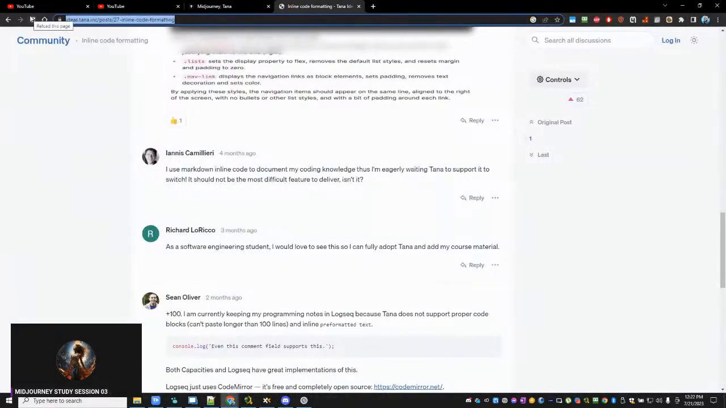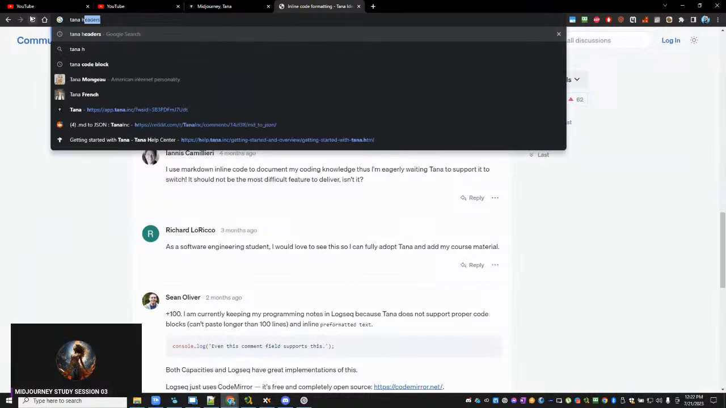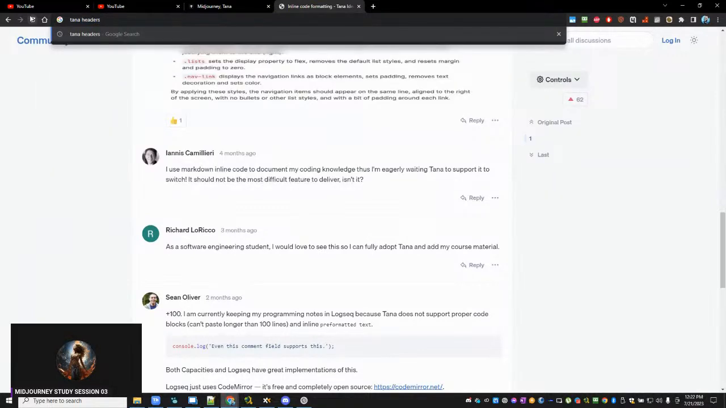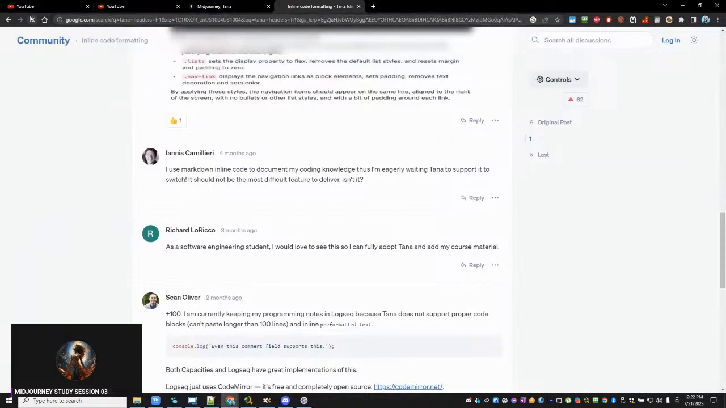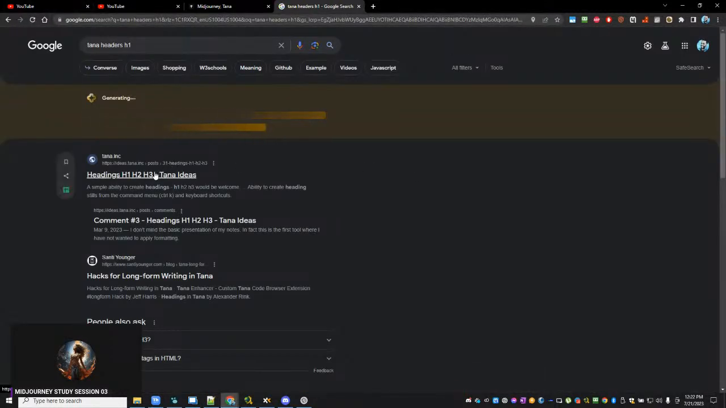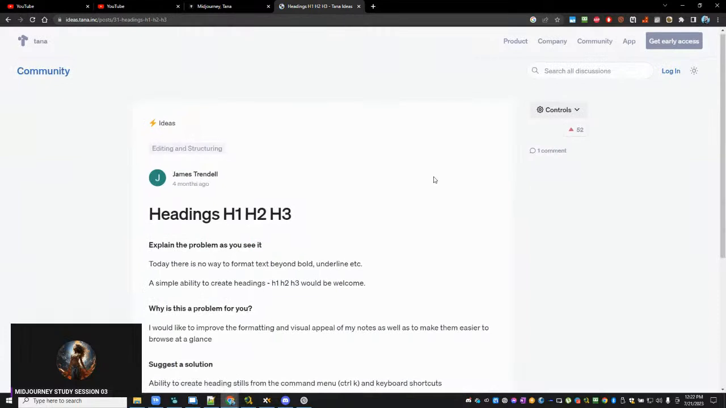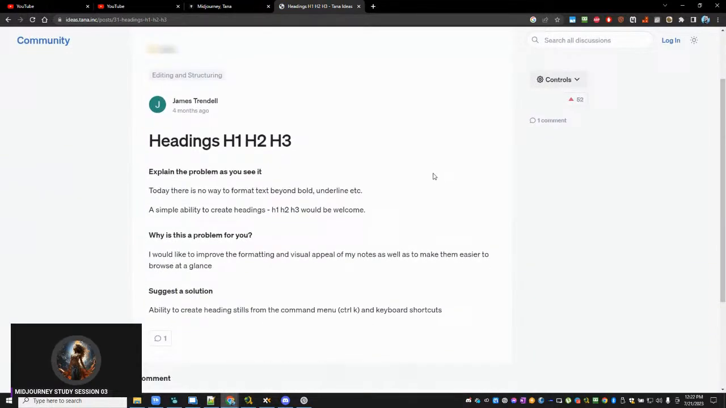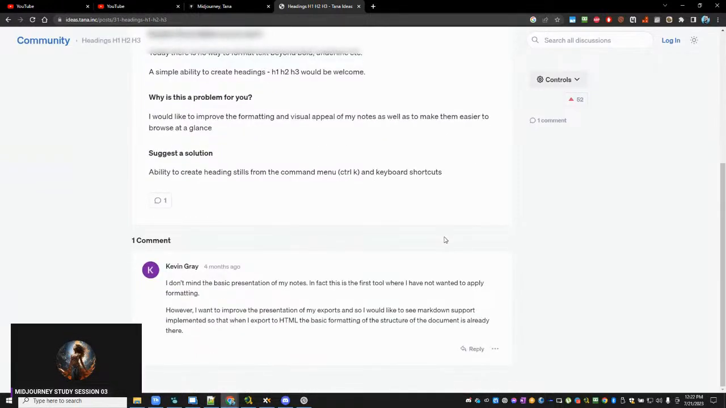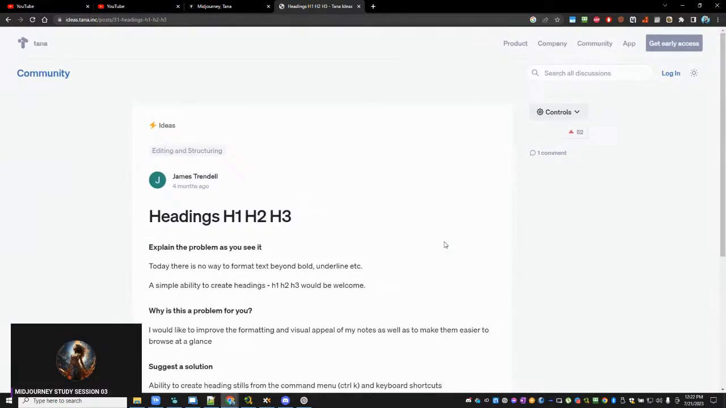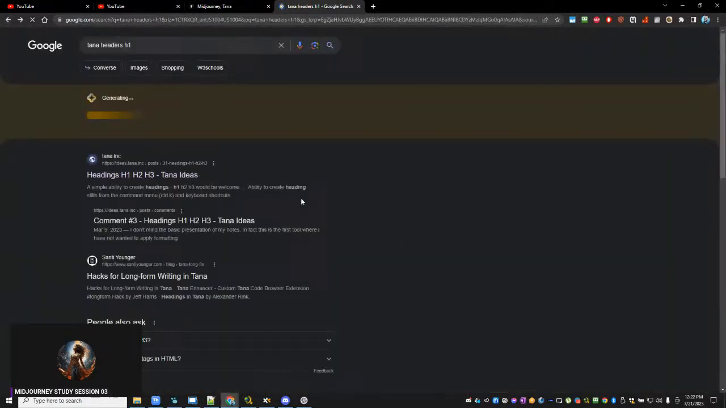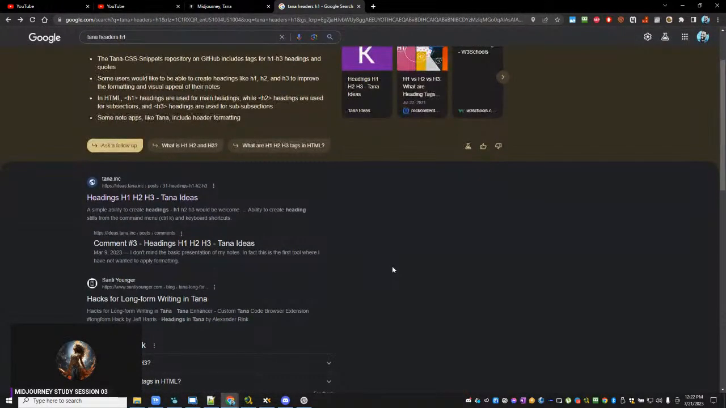I would really like some headers. Headings, not headers. H1. No way to format text beyond bold and underline. The simple ability to add. You've got to be kidding me. You mean to tell me